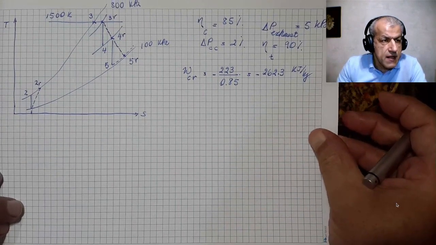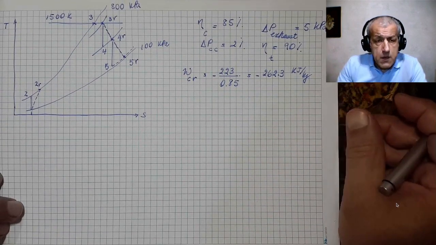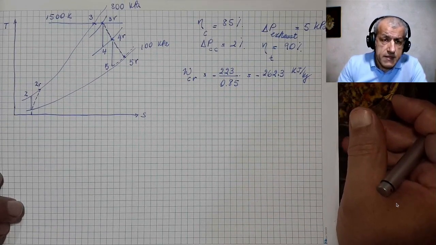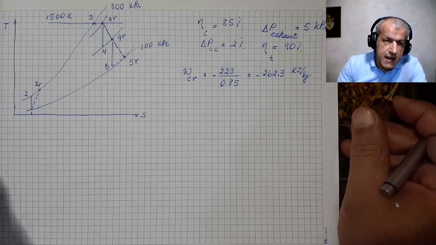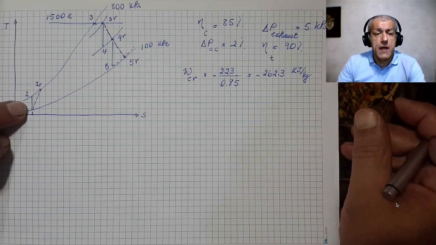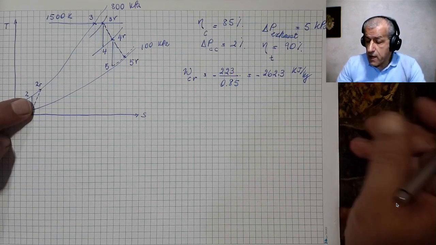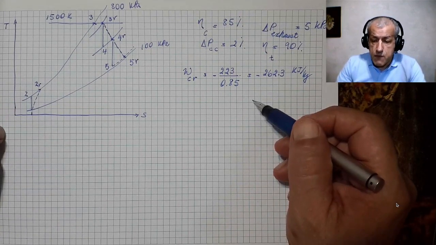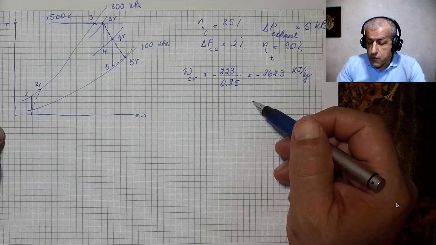This is the real work, or is the work of a real compressor. That's the better language for saying it. This was the work required for an ideal compressor, and now we have calculated the work required for the real